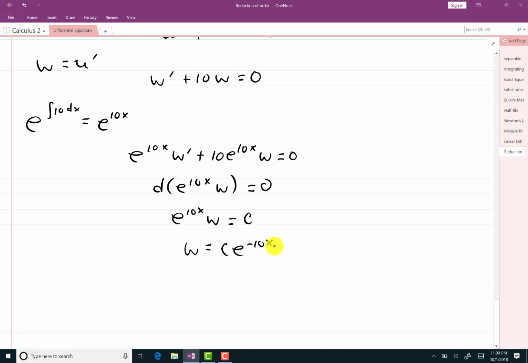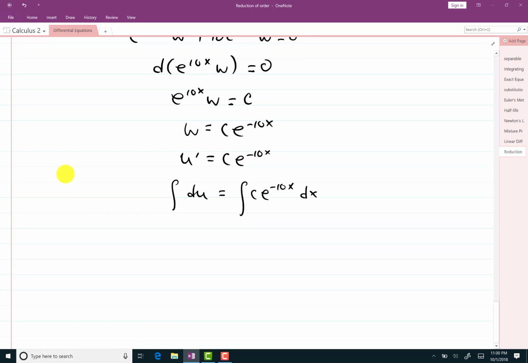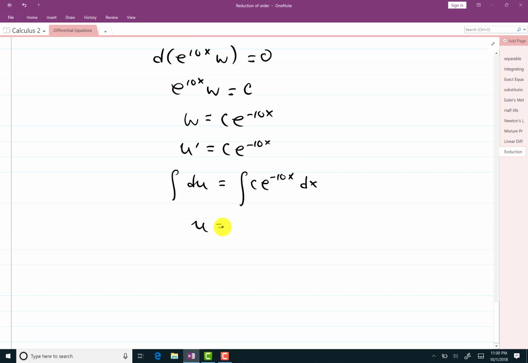So I've got that so far. Let me go ahead and replace w with the u prime. u prime equals c e to the negative 10x. Of course, this is du over dx, so we can separate variables and do the integral of du equals the integral of c e to the negative 10x dx. So I'll get u equals negative c over 10 e to the negative 10x plus, I guess, another constant. Let's call it